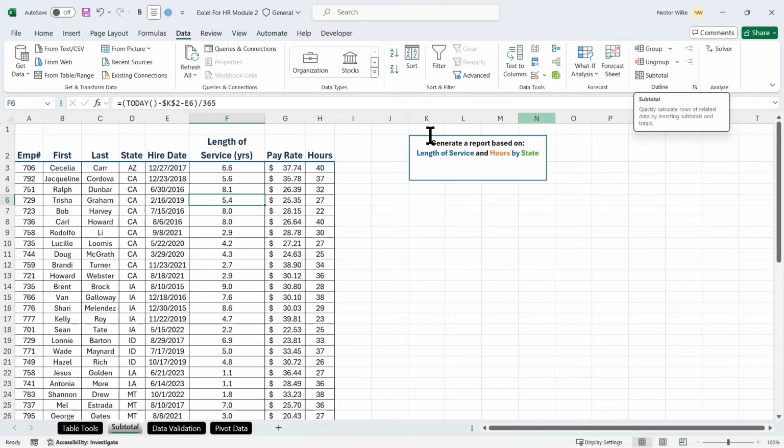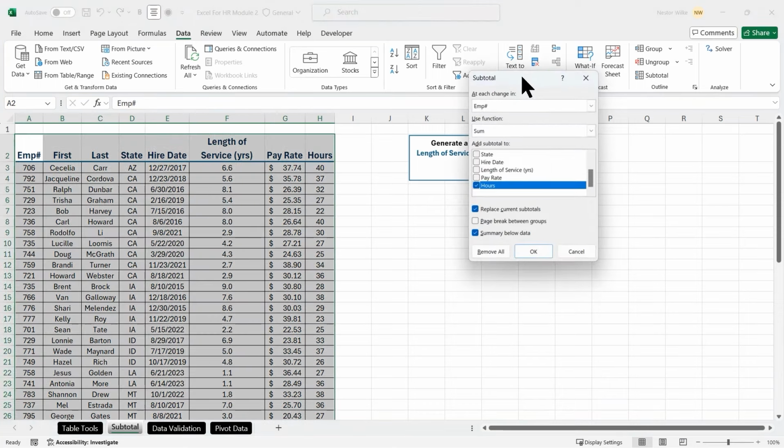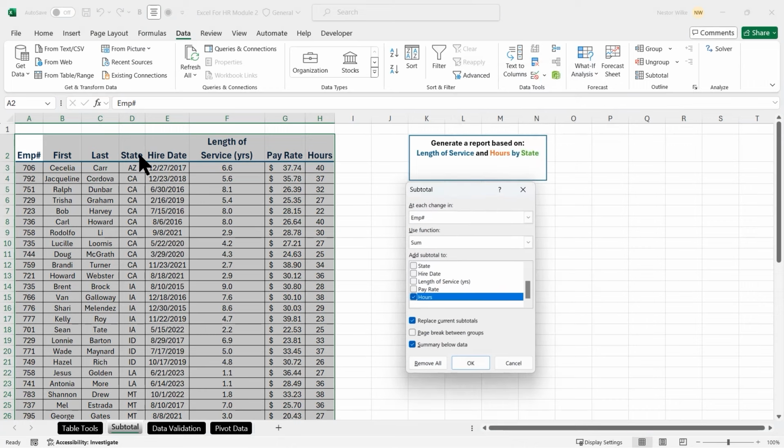Now the subtotal only works with lists, so it does not work with the table. So I have not converted this list into a table. I'll go ahead and click on the subtotal. We can see it automatically selects all the data here. So now I just need to go ahead and add the information. I'll actually do this backwards. So I want length of service and hours by state. So I'll make sure to check off length of service and hours. And for the state,